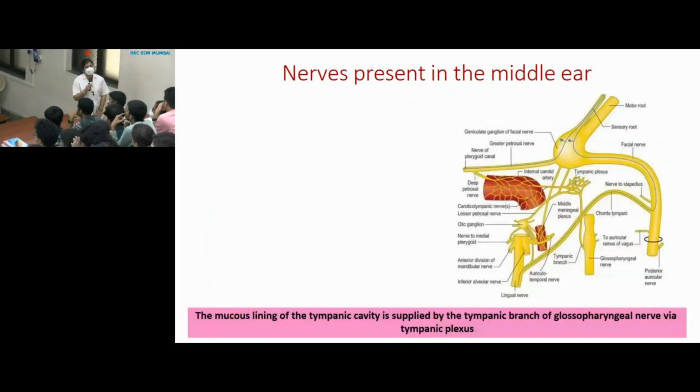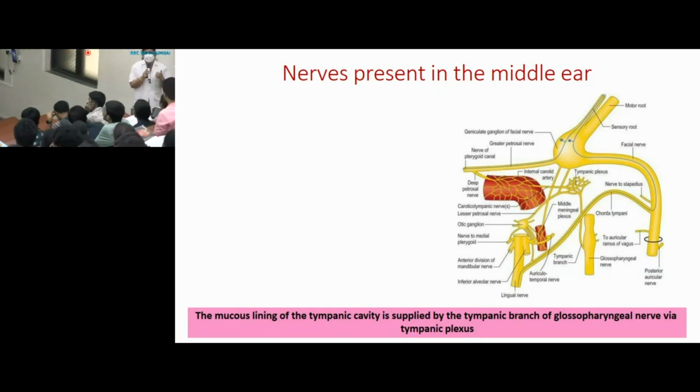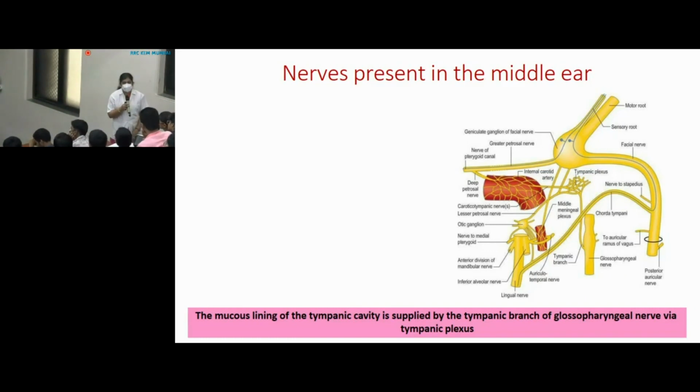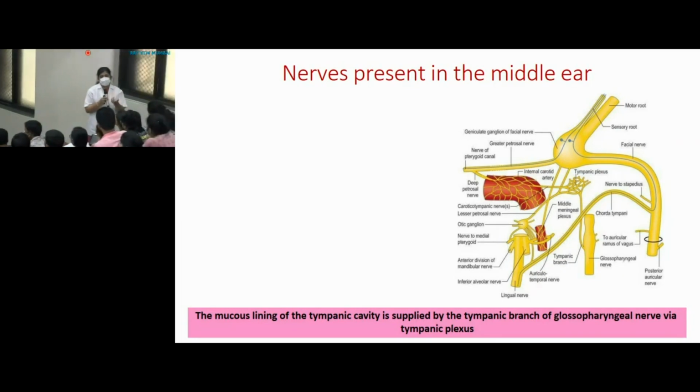So can you tell me the nerves related to the middle ear cavity? Quickly we'll revise the nerves related to the middle ear cavity. Tell me the boundary first and then mention the nerve related to it. Posterior wall: the vertical part of the facial nerve and two branches, the nerve to stapedius and the chorda tympani nerve. Then the next wall, the medial wall, is related to which nerve? The horizontal or oblique part of the facial nerve and the tympanic plexus and the formative nerves for the tympanic plexus.